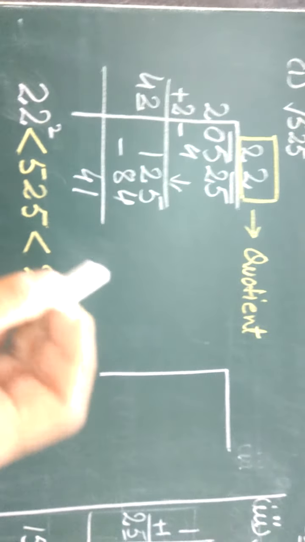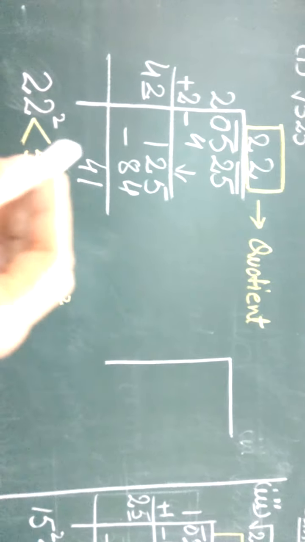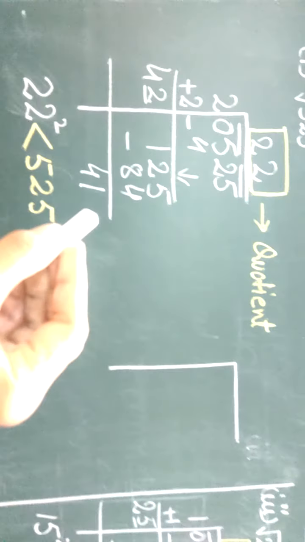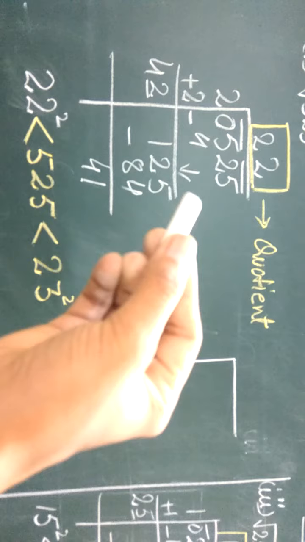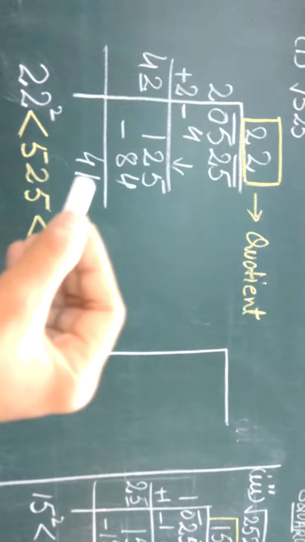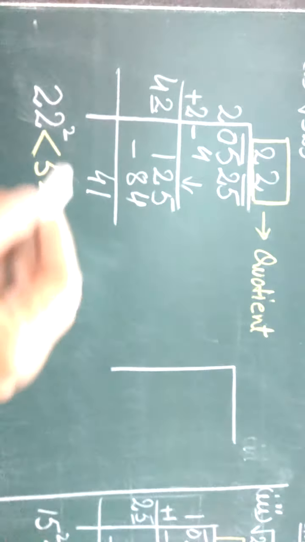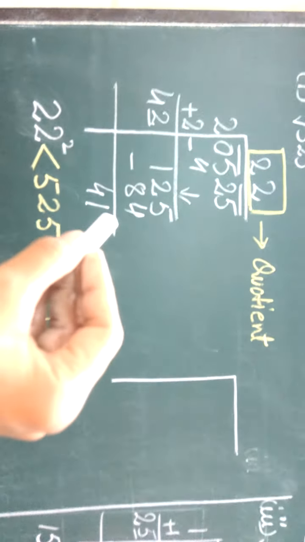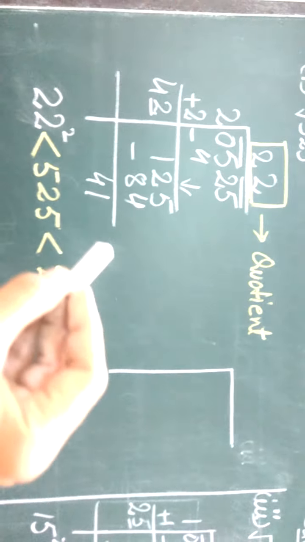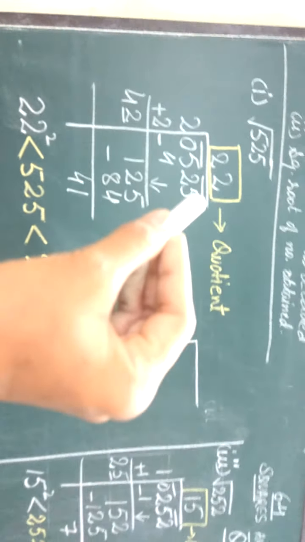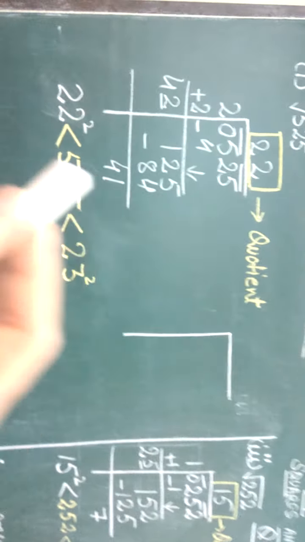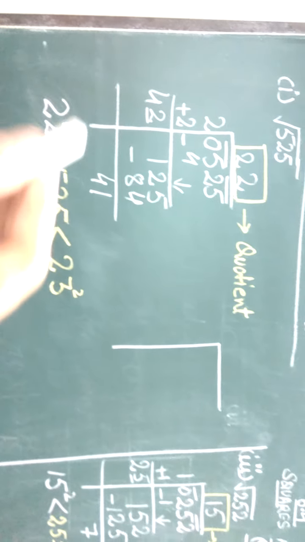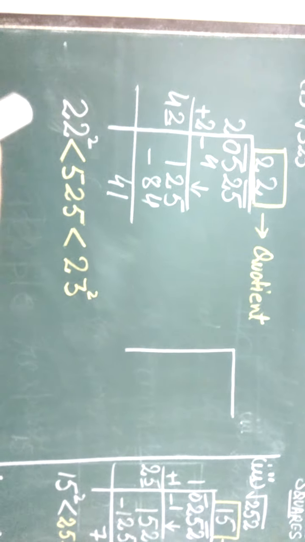Dear students, in case of subtraction we have used the remainder, because the remainder is extra, and if we subtract it, it would become a perfect square. But now we have to add something. So if we add this, we do not get the perfect square. Now in this question we will use the quotient. What is the quotient? 22. So what we have to do is write this in an inequality.